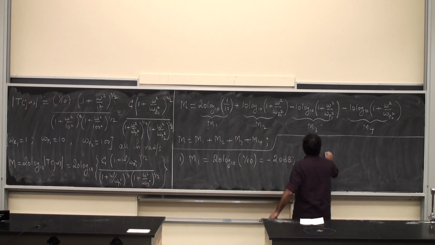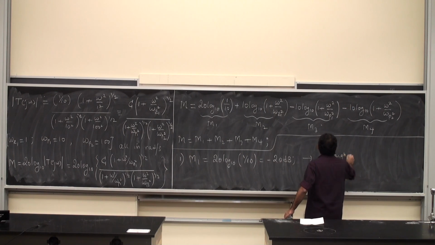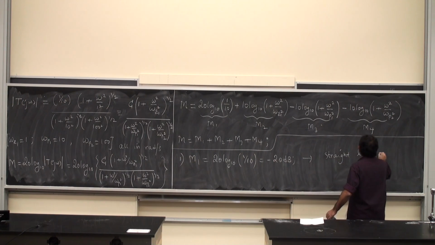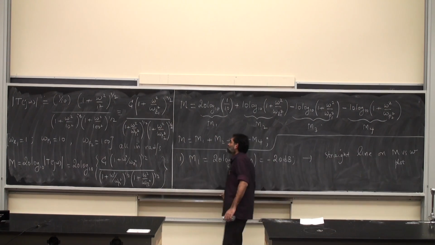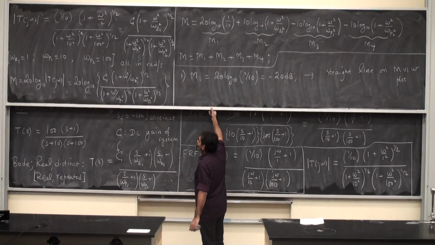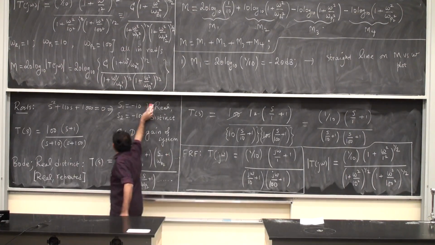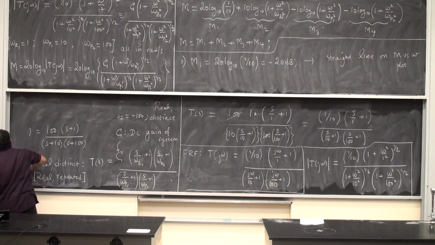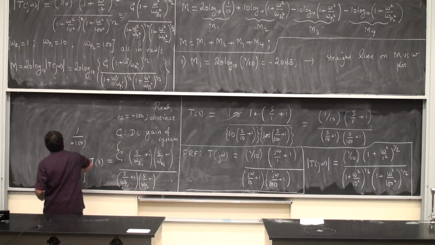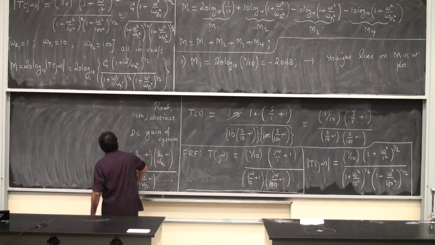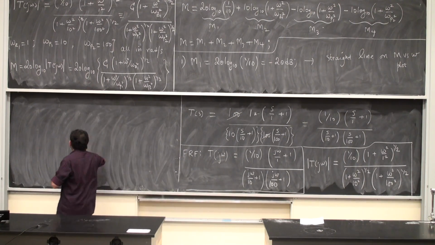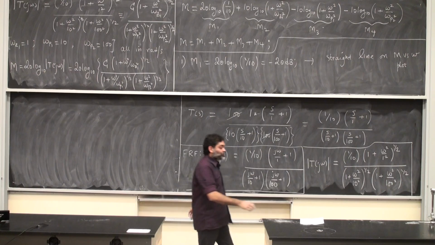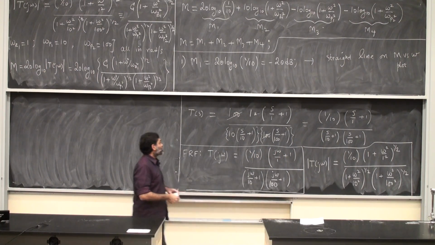This is a straight line on the M versus omega plot. Do the same thing for the second one. So M2